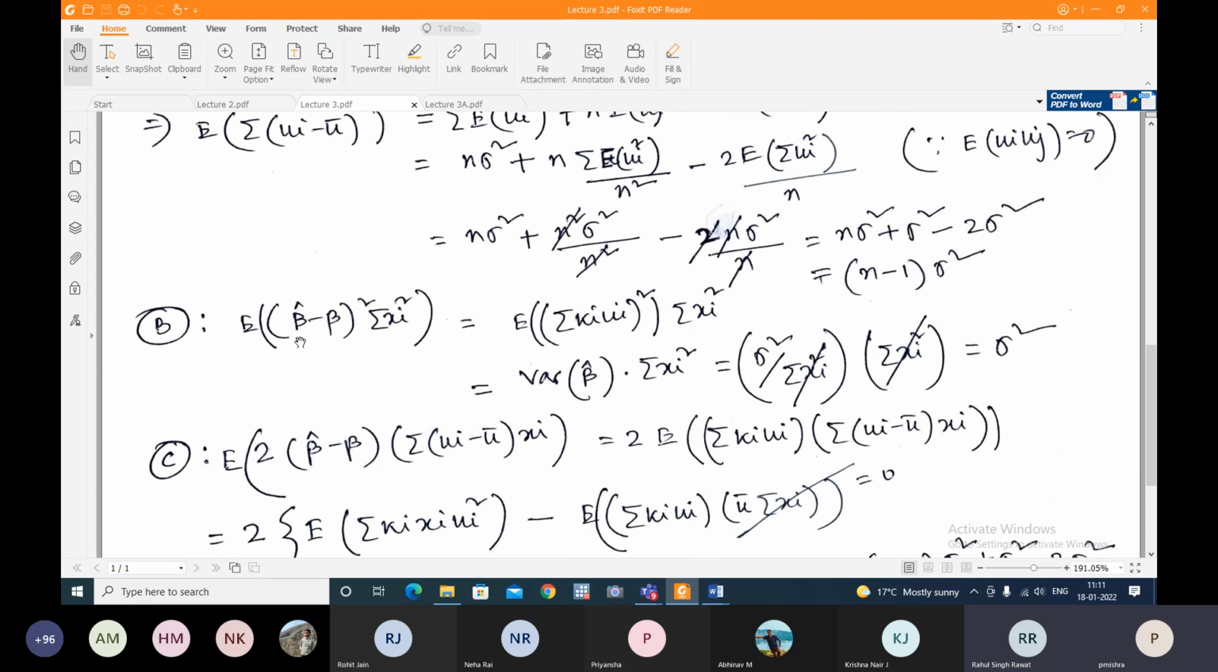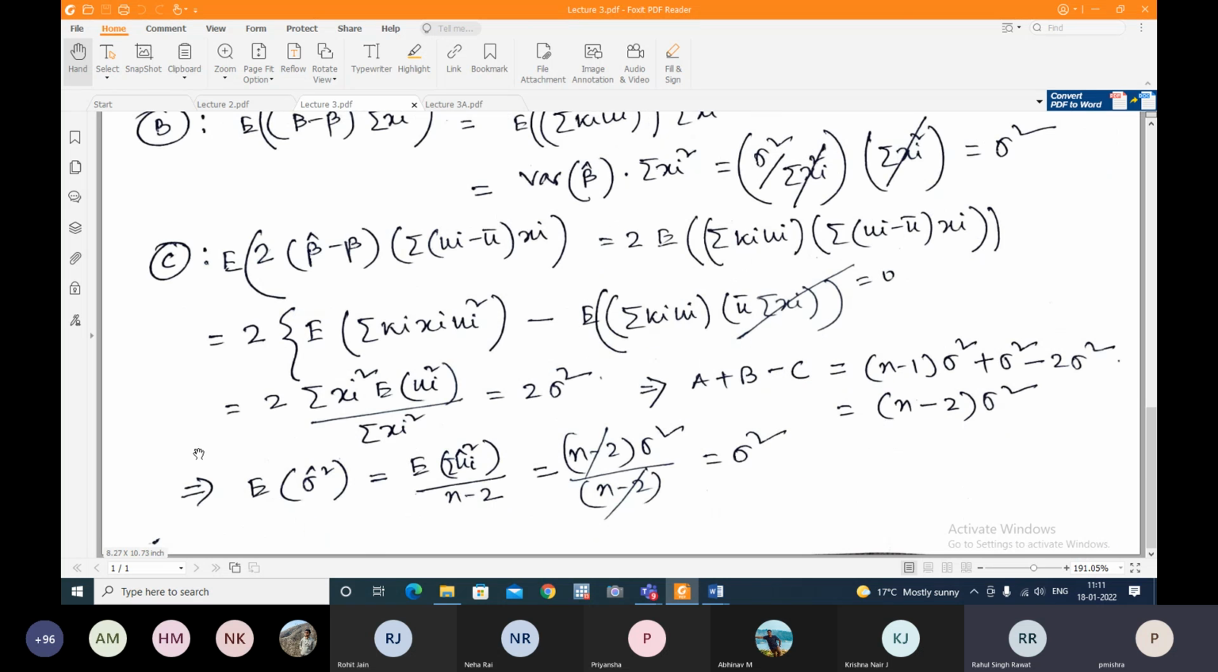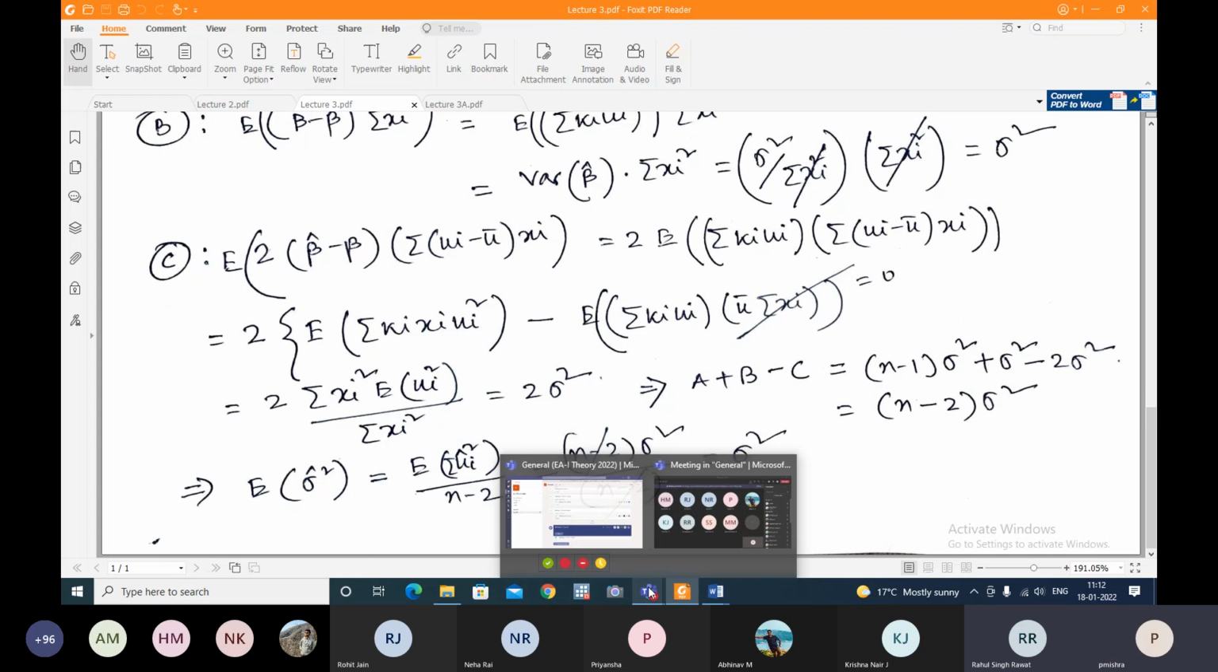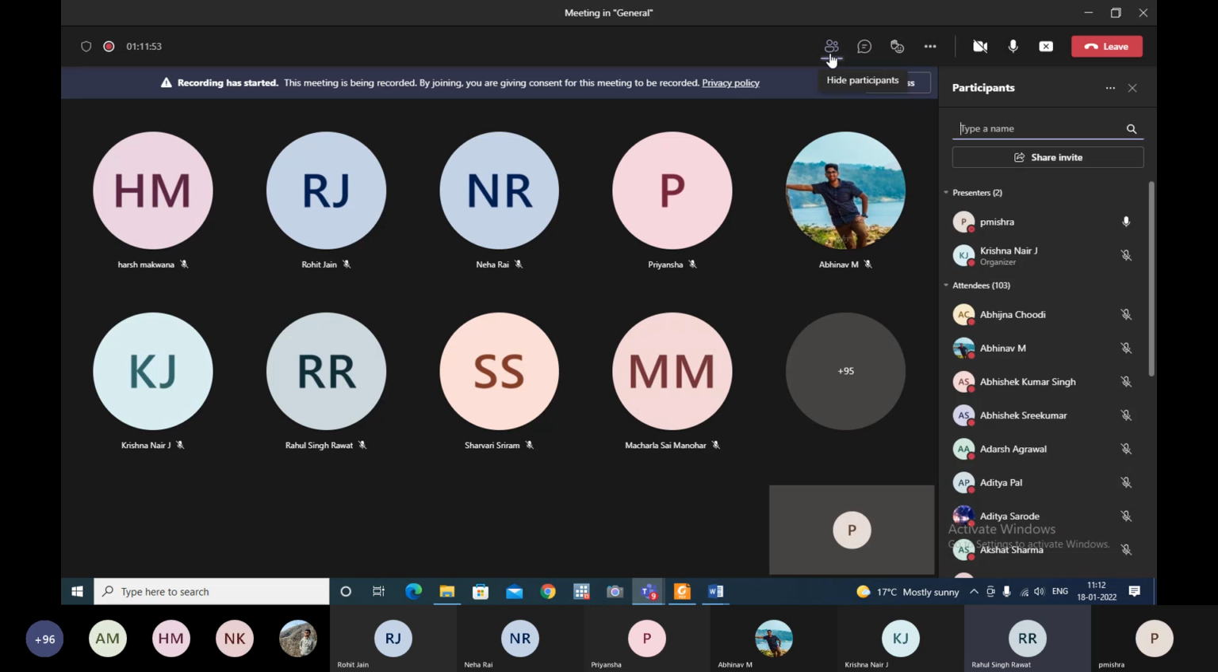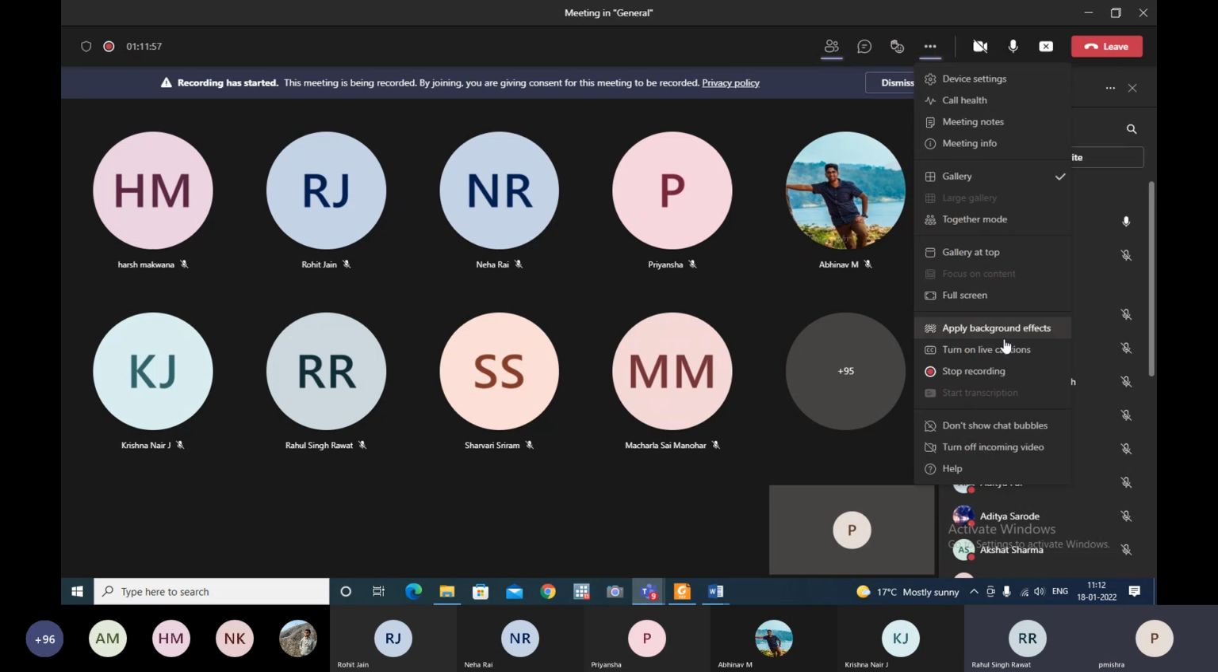In the same way, we can get it for the other two components, and finally when I add a and b and subtract c, I eventually get an expression like this. And then the mathematical expectation of sigma hat square, that is the estimator, gives me sigma square. Now I'll stop here. I understand it's a very long derivation. And what I would suggest,